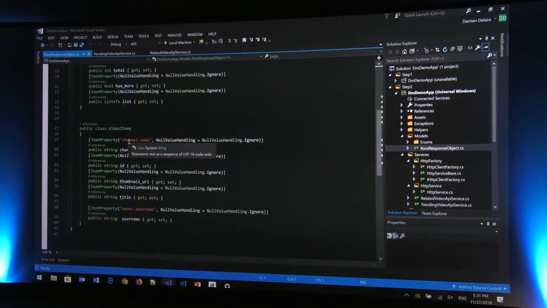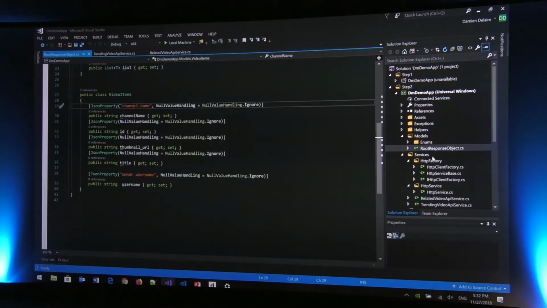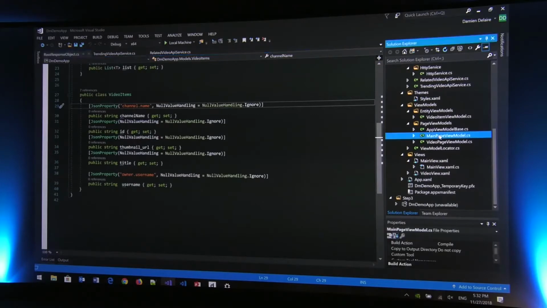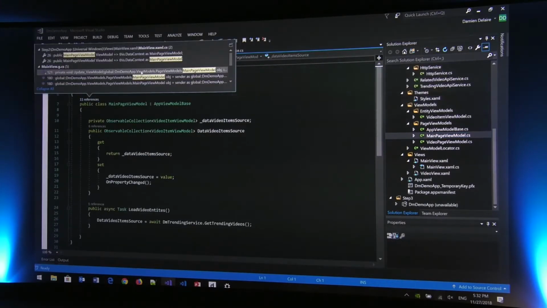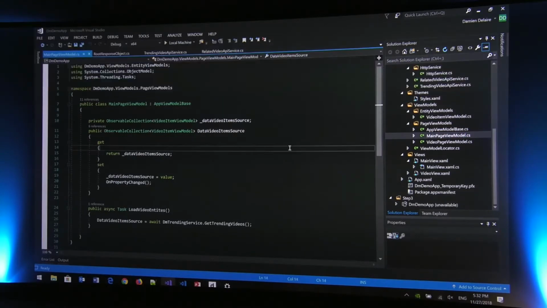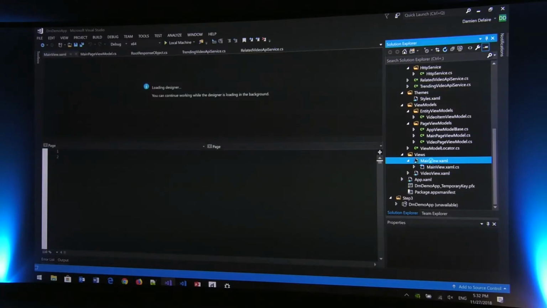Because the Dailymotion endpoint is a bit weird, sometimes you can't have a channel.name. JSON is not going to be able to map it correctly, so you have to give it the correct property name so that it can map it correctly. This is called references. Yes, so all this. So for the main view, what I've done,